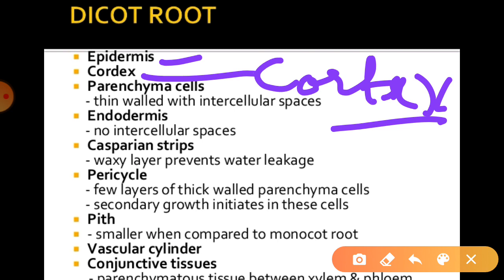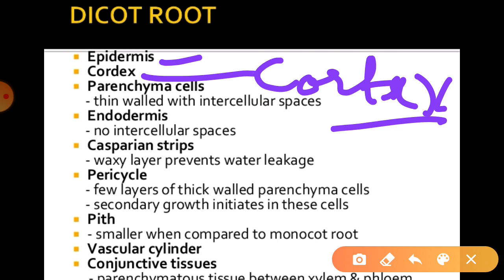The epidermis is the outermost layer in young roots. It is equivalent to the epidermis of the stem, and the stomata and the cuticle are not present in this epidermis, and the cells are thin walled. Epidermal cells are prolonged to form thin walled tubular structures called root hairs. The dicot root can also form a swelling structure, and these can be converted into root hairs.